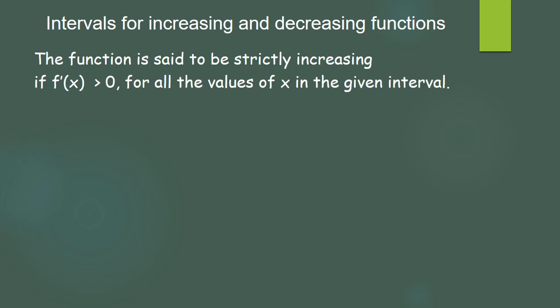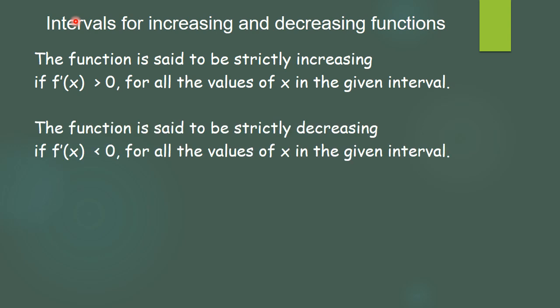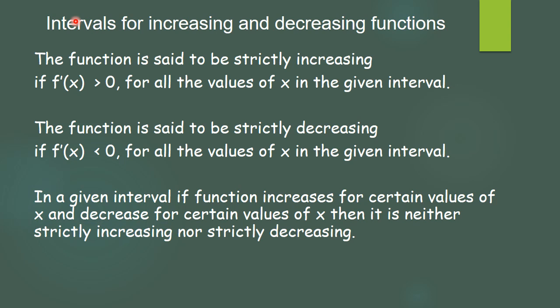For intervals, what they have stated: the function is said to be strictly increasing if f dash of x is greater than 0 for all the values of x in the given interval, and if f dash of x is less than 0, it is called strictly decreasing. But if the function is such that in one part of the interval it is increasing and in another part it is decreasing, then such functions are called neither increasing nor